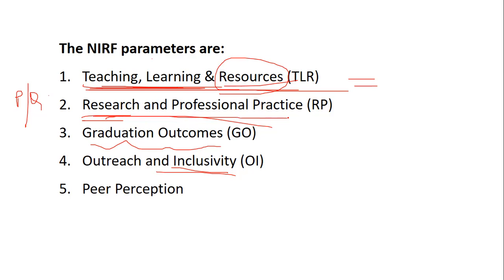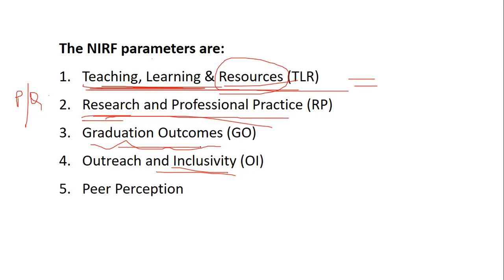Everything is a part of research and professional practice. Graduation outcomes is the university examination, including the PhD holders. When we talk about outreach and inclusivity, it talks about the states or countries from where the students belong, women students, as well as socially challenged and physically challenged students, including the